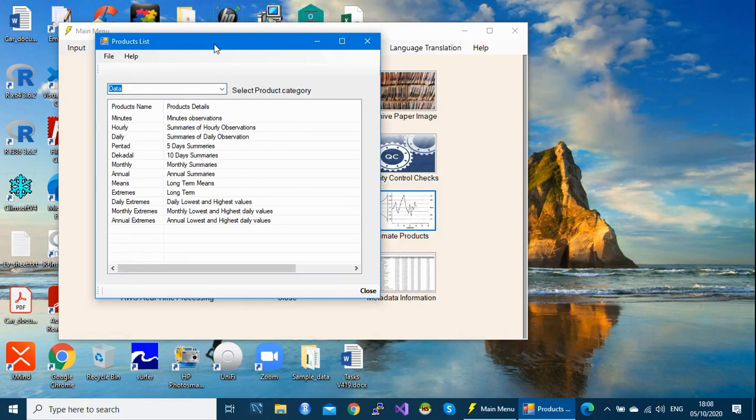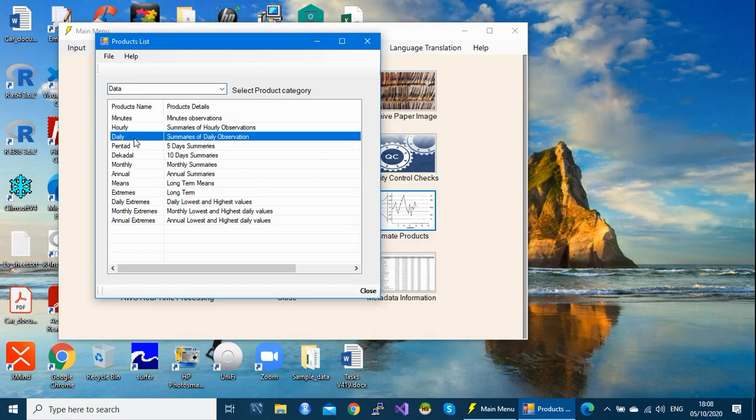These are minutes data or minutes observations, hourly data, daily summaries, pentad or 5-day summaries, 10-day summaries or decadal, monthly summaries, annual summaries, long-term means, extremes, daily extremes, monthly extremes, and annual extremes.